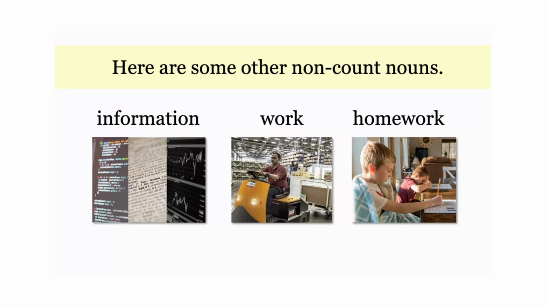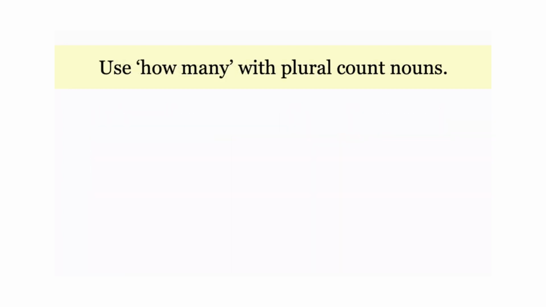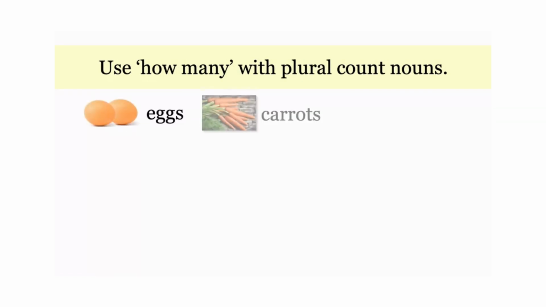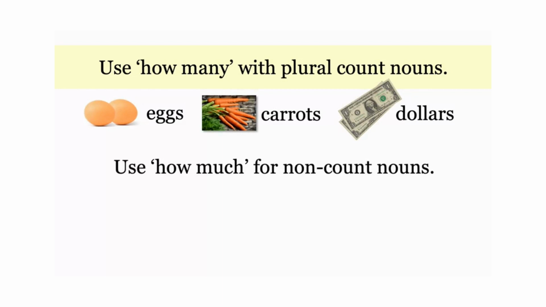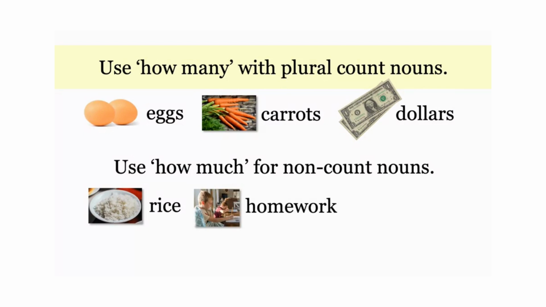Use how many with plural count nouns, like eggs, carrots, and dollars. Use how much for non-count nouns, like rice, homework, and money. Let's make a cake. How many eggs do we